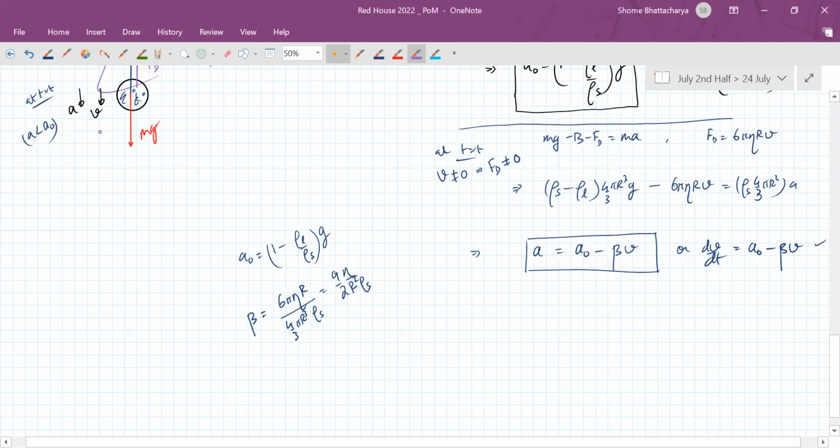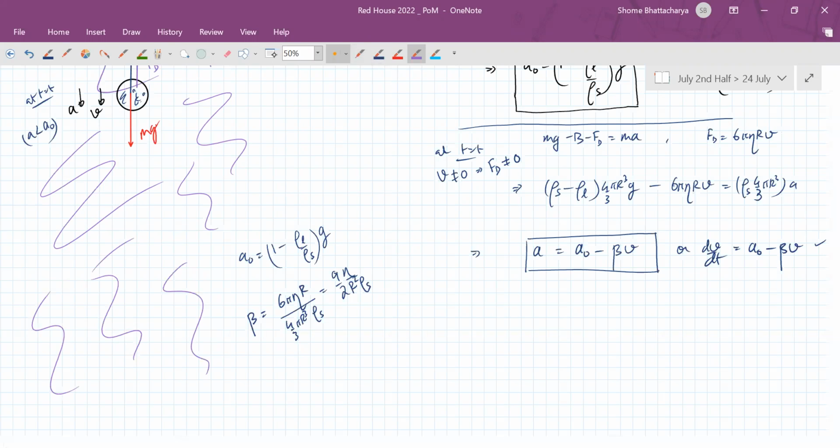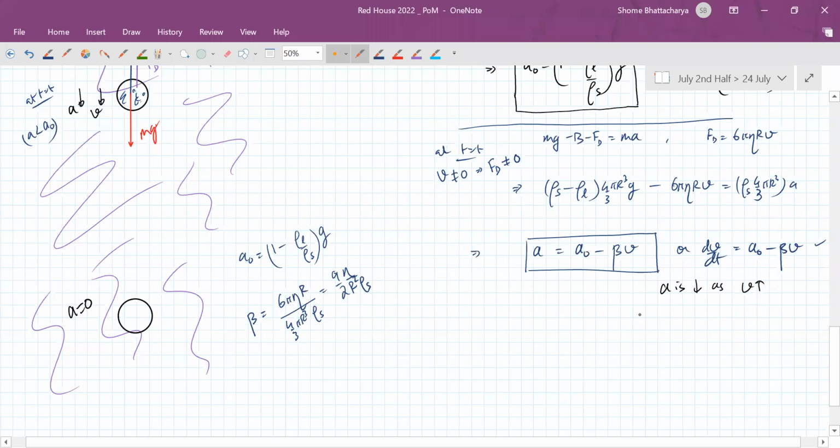Okay, now one more thing we'll understand logically, that provided it has enough space and doesn't hit the bottom floor or whatever of the container in which the liquid is there and all that. So assuming it has a sufficiently large displacement to make before it reaches the sort of conclusion of its journey, it should reach a condition somewhere where the acceleration becomes zero, because the drag force is continuously increasing. Or you can see from this also that a is decreasing as v increases. Therefore, at some stage,